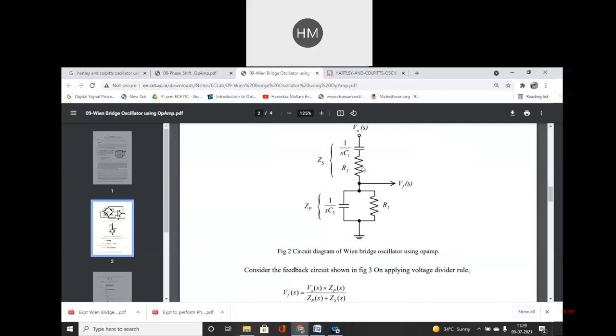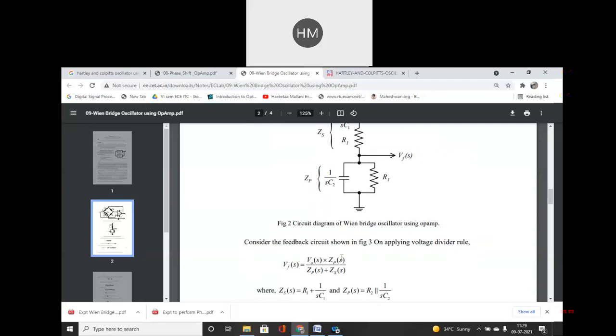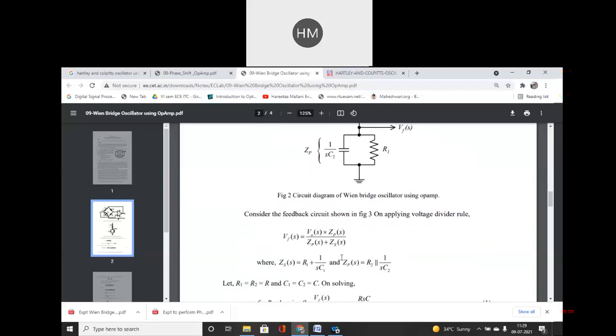Okay, and VF is the feedback voltage. This is the output voltage which is going through the circuit towards the input. So here we have to apply the voltage divider rule. See students, RC phase shift oscillator calculations are a little bit complicated. Here, no need to discuss, and you won't have any theory subject there. You don't need it, but as basic electronics engineering students, we should know all these theorems. We should know how to simplify a complicated circuit.